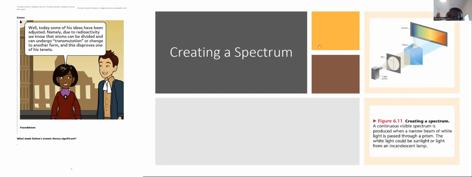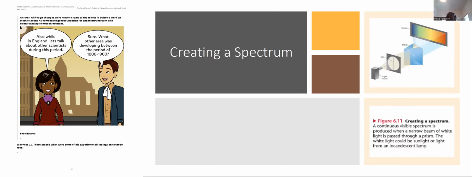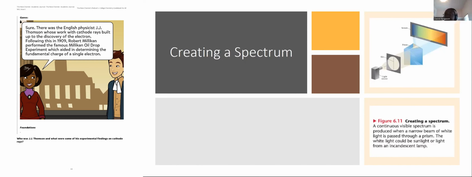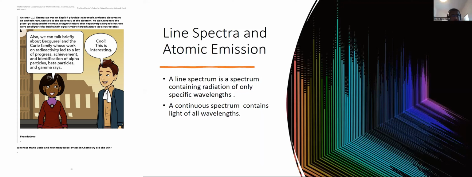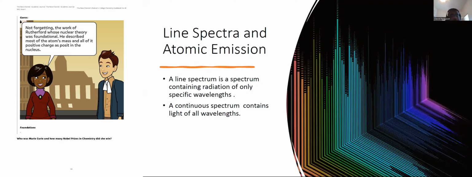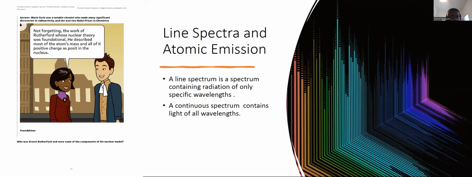But when we're doing that in the lab, we have a light source, we have our slit, we have our prism, and then we also have a black screen or some filter that will show us the continuous spectrum. A continuous spectrum shows you all of the wavelengths. For a rainbow, it's all of the wavelengths in the visible region of light. However, a discrete spectrum or a line spectrum gives you a spectrum containing radiation of only specific wavelengths. A continuous spectrum, as I said earlier, consists of all wavelengths of light in a specific region of the EM